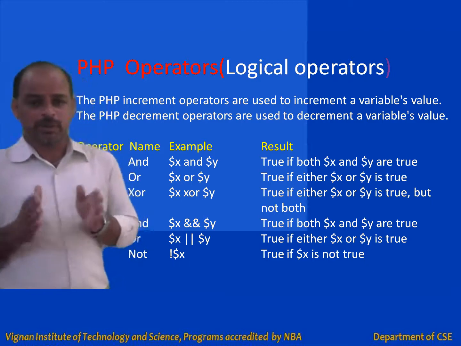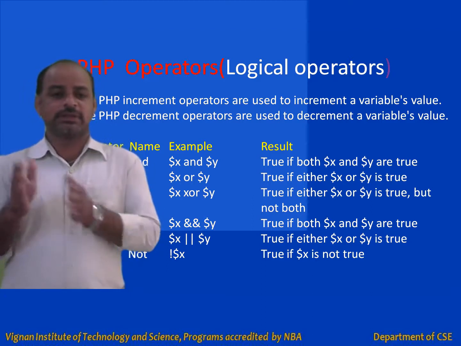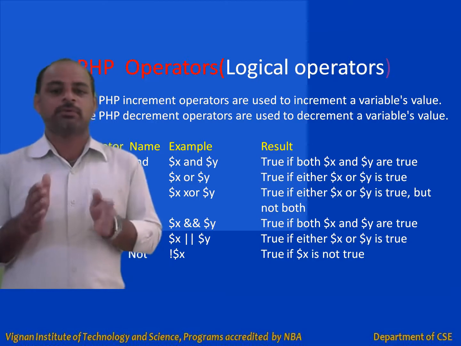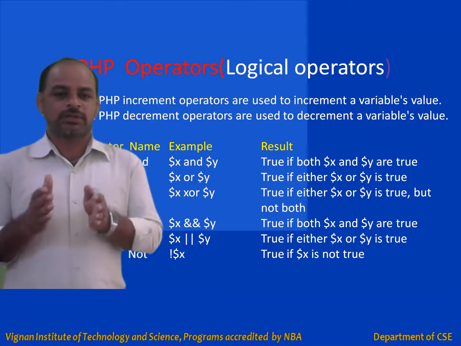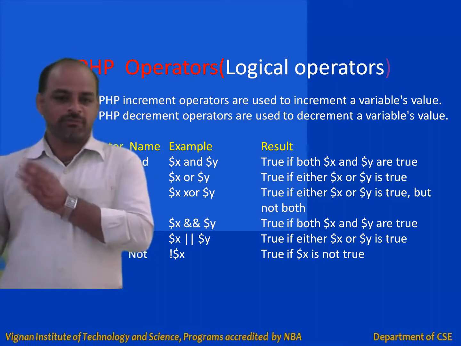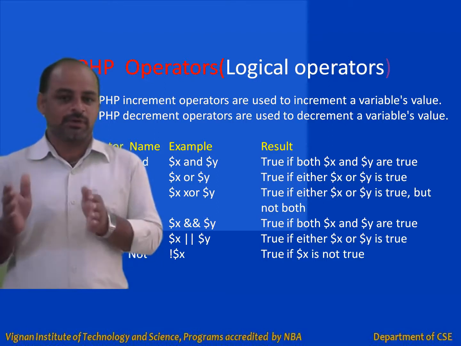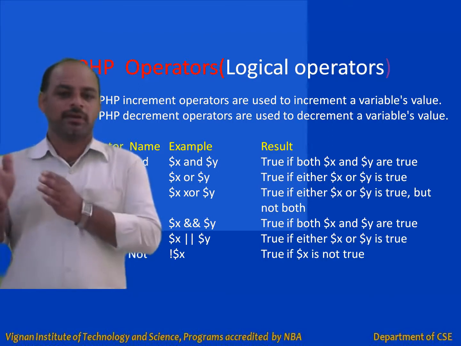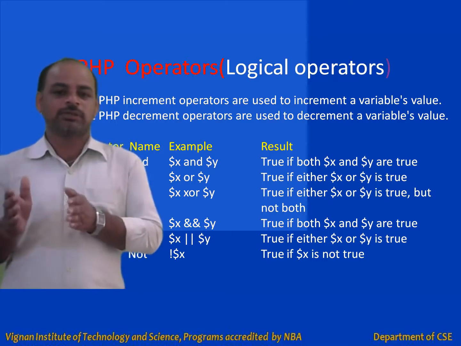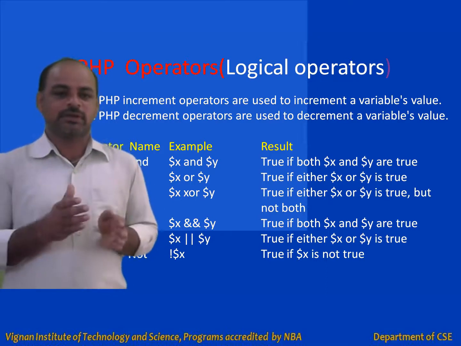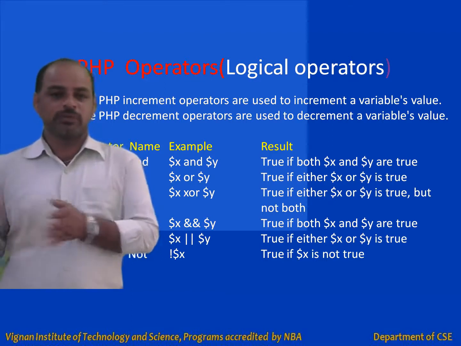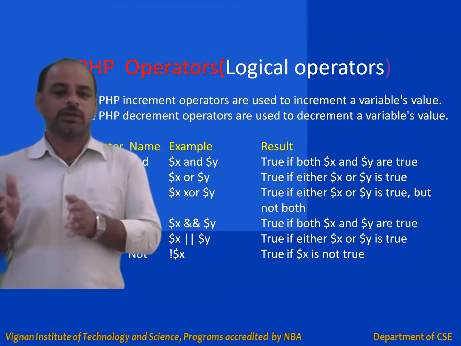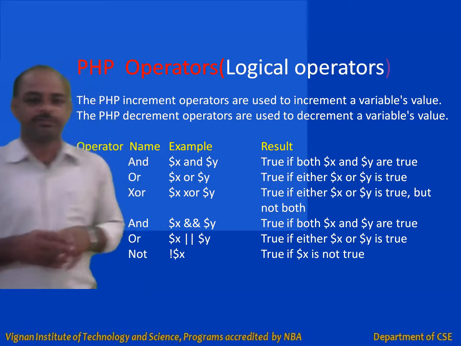Next, the logical OR operator. The logical OR operator returns the result as true when any one of the operands or both operands have the Boolean value true. In the other case, it returns false, that is, when both operand values are false. For example, $x or $y: if x and y are false, the result is false. If x is true and y is false, then true. If x is false and y is true, then the result is true. If x and y are both true, the result is true.